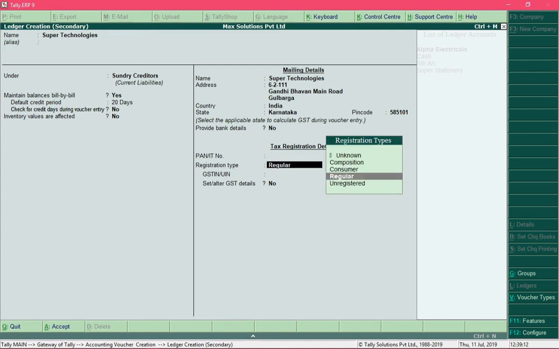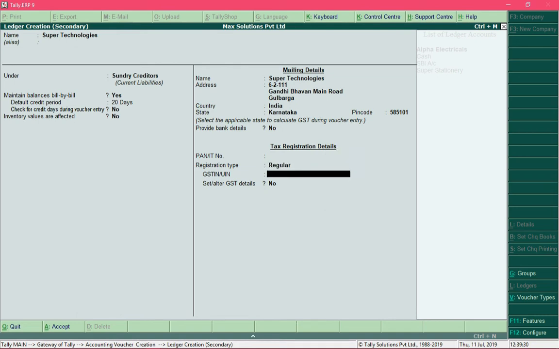And in the field registration type, you need to specify the GST type of the supplier. Whether the dealer is a composition dealer or a regular dealer, you can specify it over here. This dealer is a regular dealer, so I will select the option regular over here and specify the GST number of the dealer and press enter.